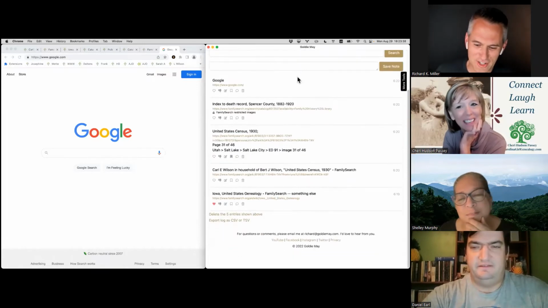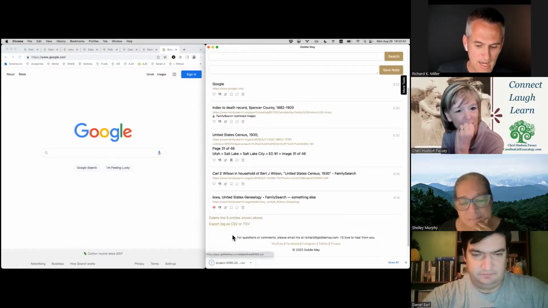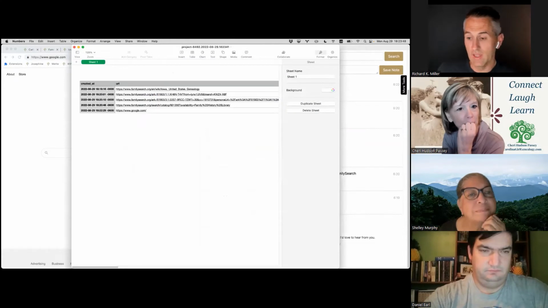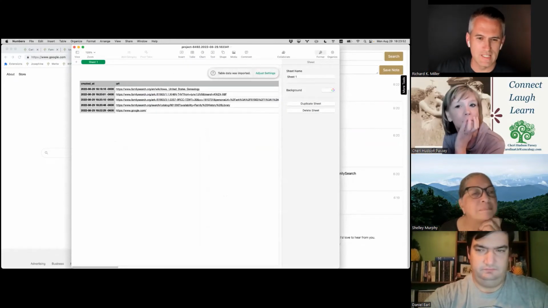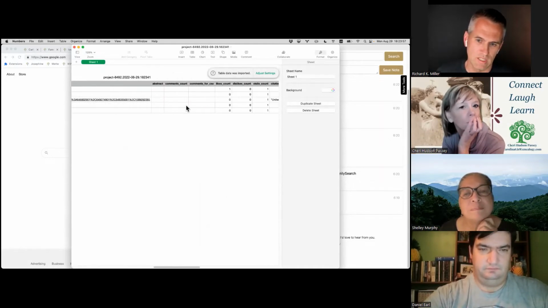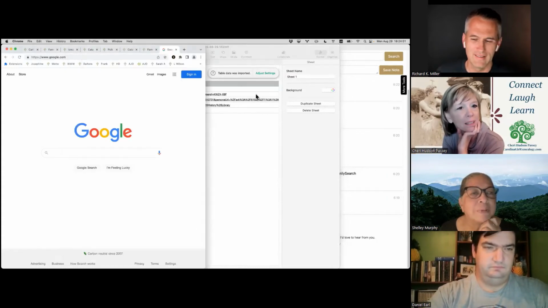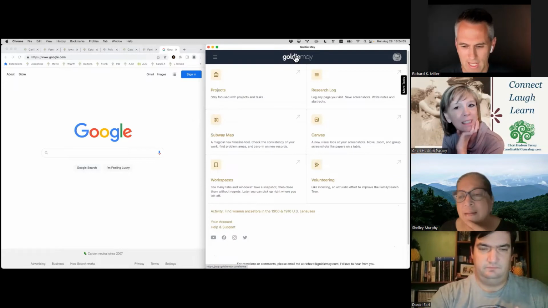Let's see, and I didn't show you, you can export the log as a CSV file. If you want to just drop that out to a spreadsheet, then you can log that to a file. The log while it's running is in reverse chronological order, the most recent at the top. But once you get it in a spreadsheet, you could just change the order however you want, and it's got the data in here for you. Oh, I love that. So that's the quick rundown. I'm trying to think if I didn't show you something.